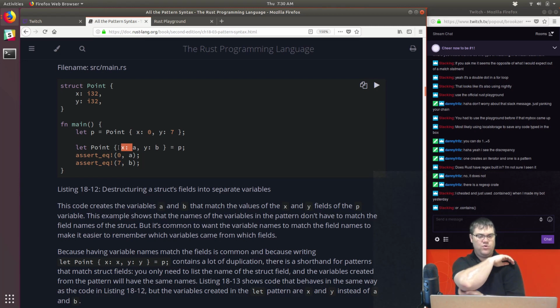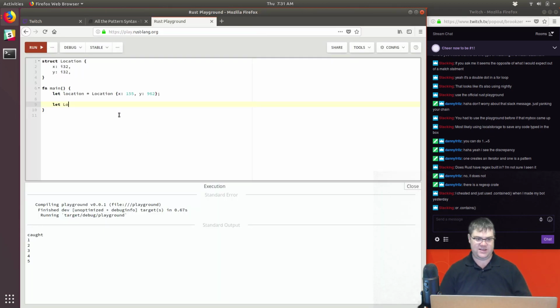Oh, interesting. So it's let Point this equals p. Oh, interesting. Okay. This syntax, I didn't notice the Point here to begin with. So it's going to be let Location, and then can I do x and y equals my location,